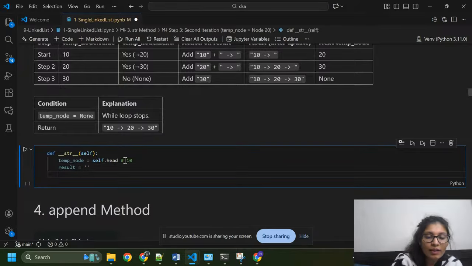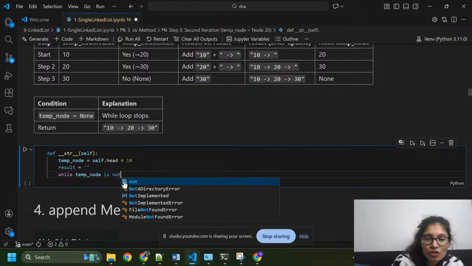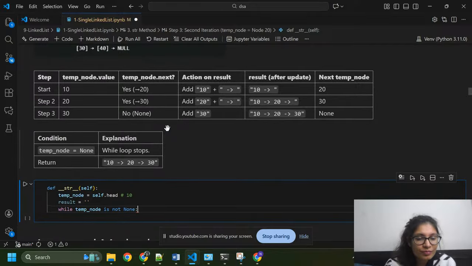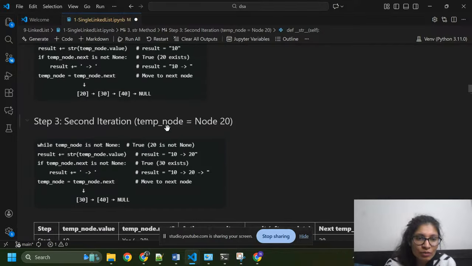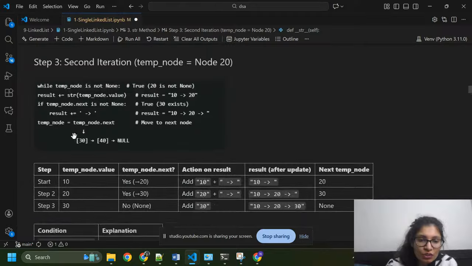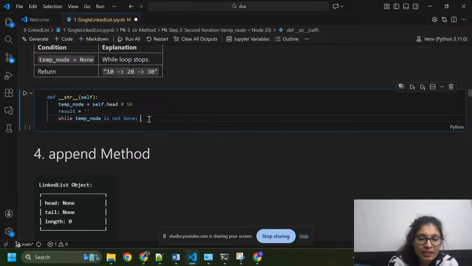Now I'm going to use a while loop: while temp node is not None. Actually we have a value inside temp, so this condition is true because we have 10 here.